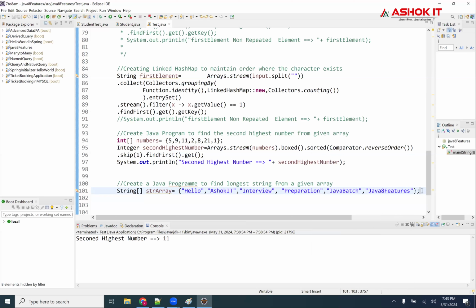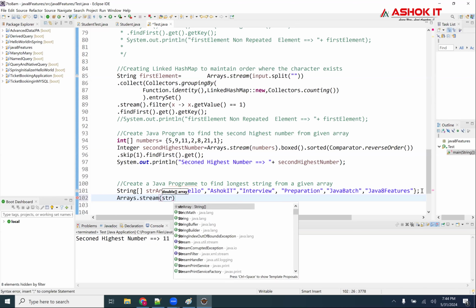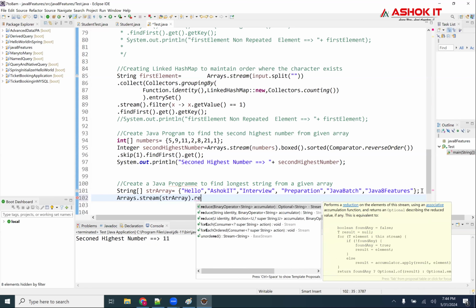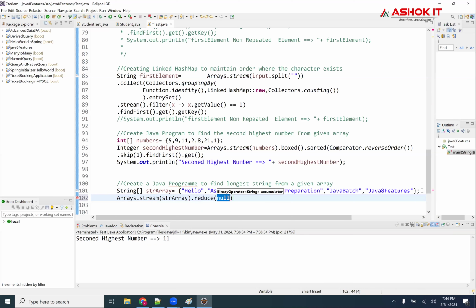So same code, guys. But what we need to do here is use a reduce function. All the things I'm teaching, sir, maximum Java 8, whatever it is giving. So what I'm doing here: Arrays dot stream of str array dot reduce function.